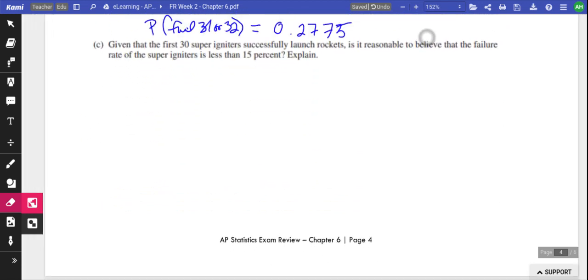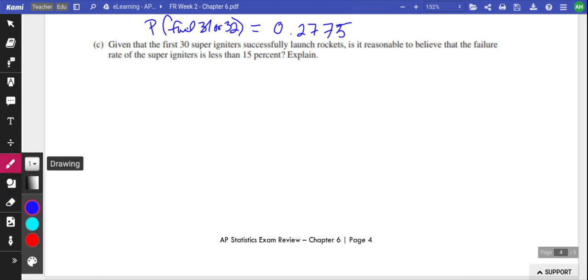Given the first 30 super igniters successfully launch rockets, is it reasonable to believe that the failure rate of the super igniters is less than 15%? Explain. Now this is tying in stuff we were just getting into, that idea of, is it significant enough? And so what you need to go through here and talk about is how the probability